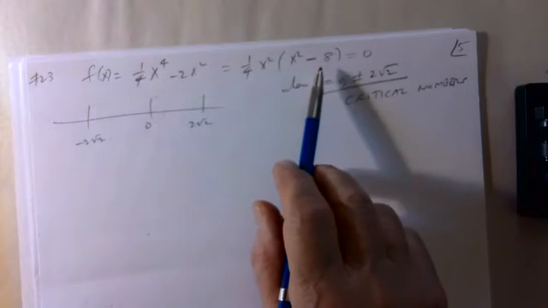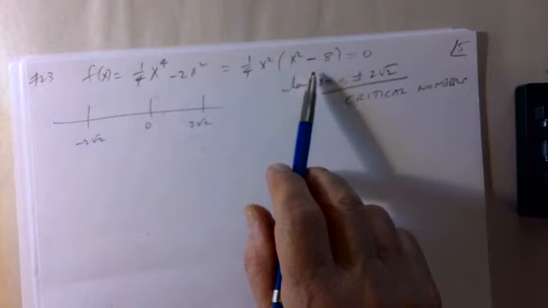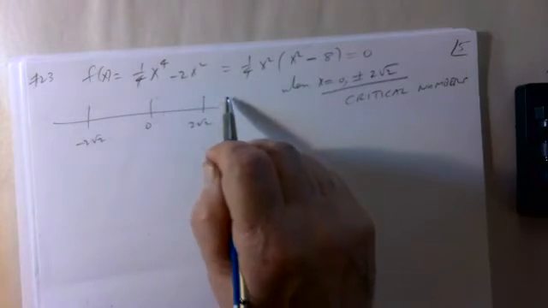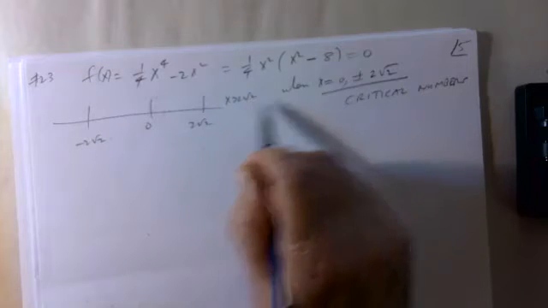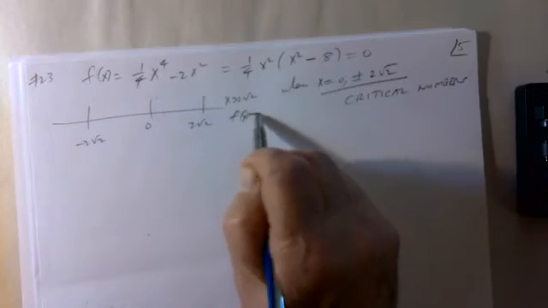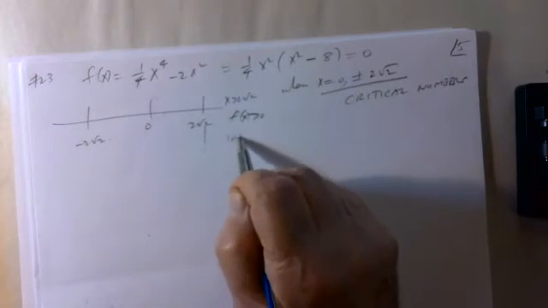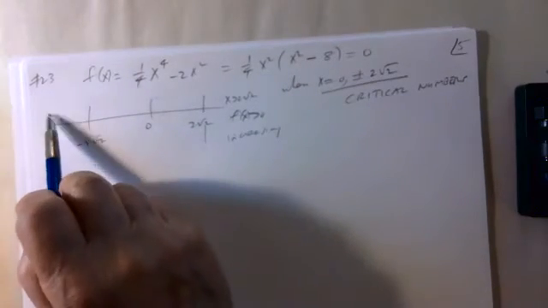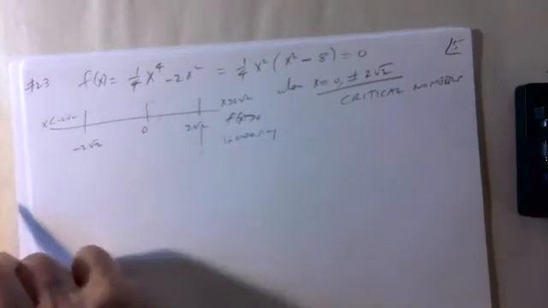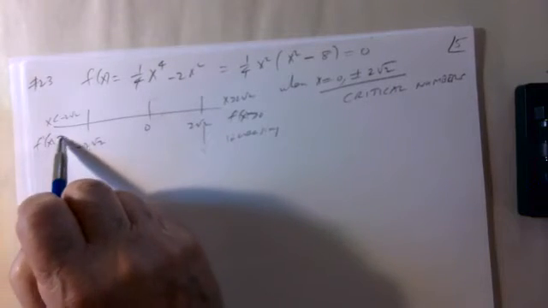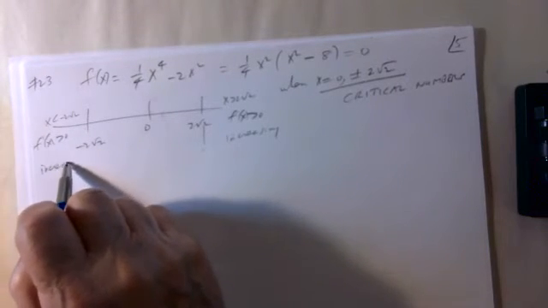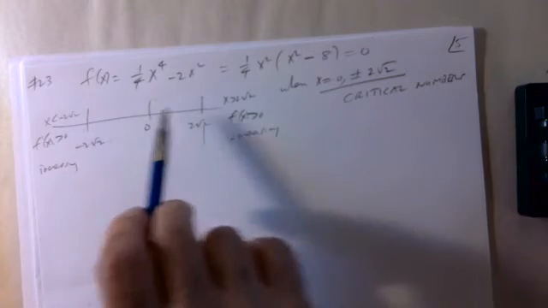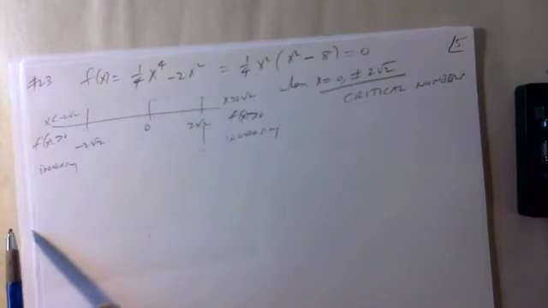X squared minus 8 is going to be positive if x is bigger than 2 root 2, the function is positive and increasing, the derivative is positive, the function is increasing, and for x less than minus 2 root 2, the derivative is positive and the function is increasing. For x from minus 2 root 2 to 0 and from 0 to 2 root 2,